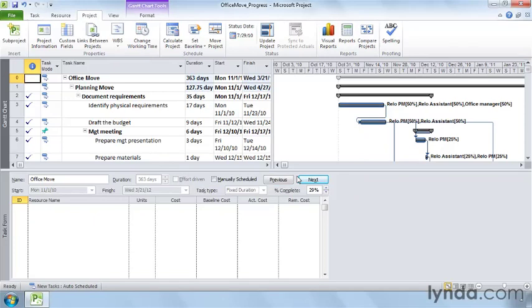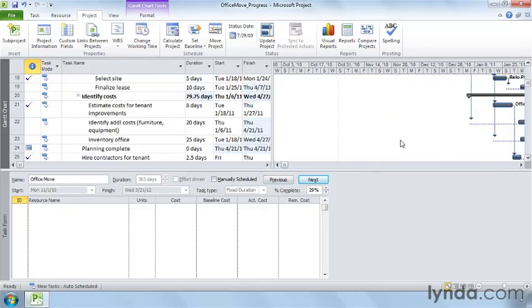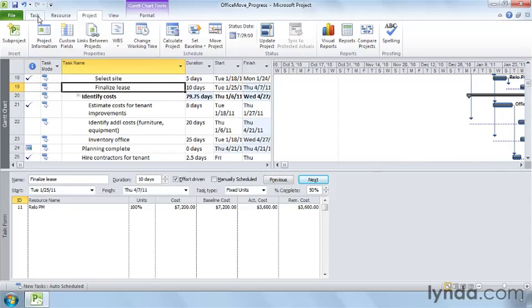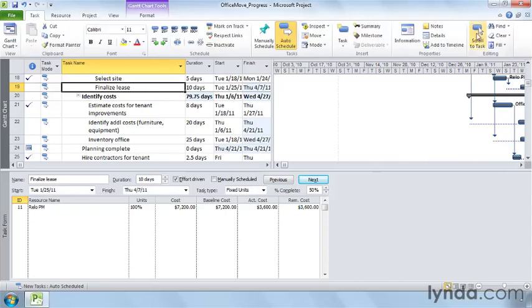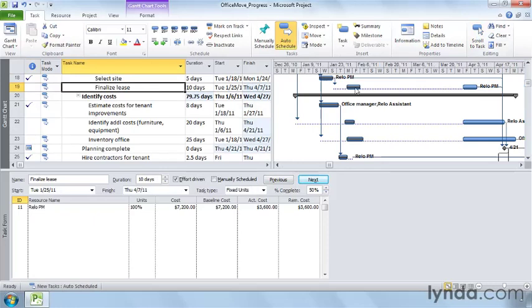Tasks that were in progress restart on March 31st. If we go and look at the Finalize Lease task, I'll go to the Task tab and click Scroll to Task so we can see this. And you can see that a split is now in the task so that the uncompleted work has moved to March 31st. Any tasks that haven't started but were scheduled to start before March 31st are now set to start